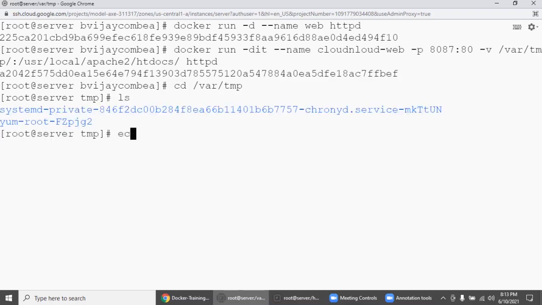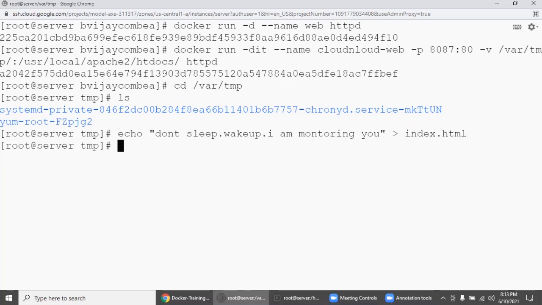So echo, you can even use the vi editor to put some text, but I am giving it like this: don't sleep, wake up, I am monitoring you. And redirect it to index.html. Enter it. Now go back to this one.